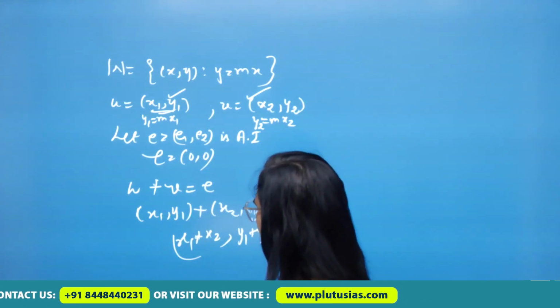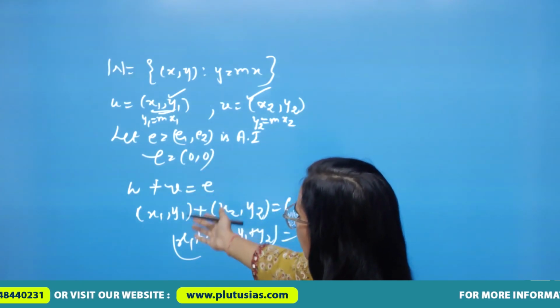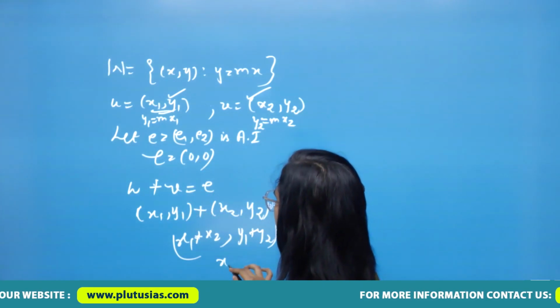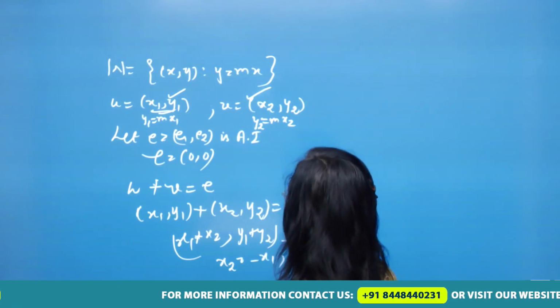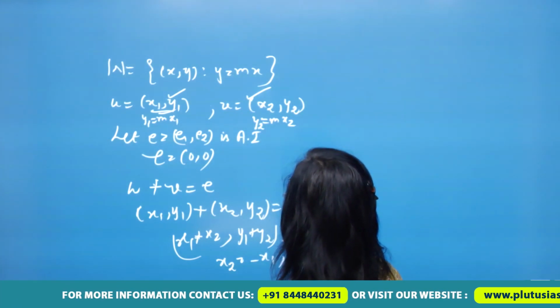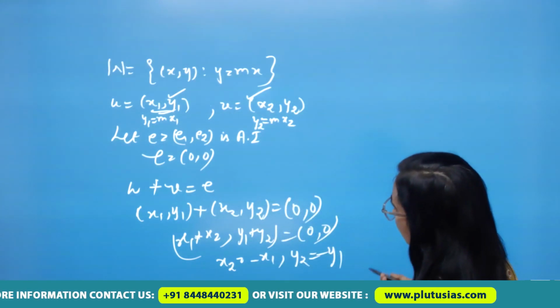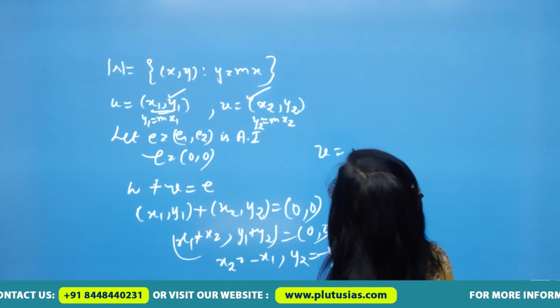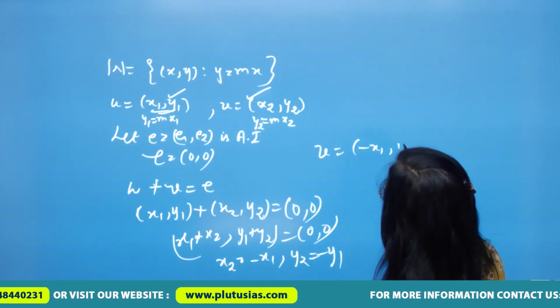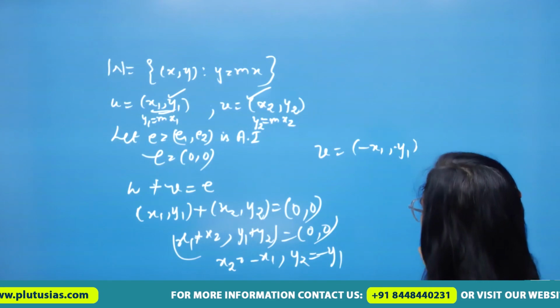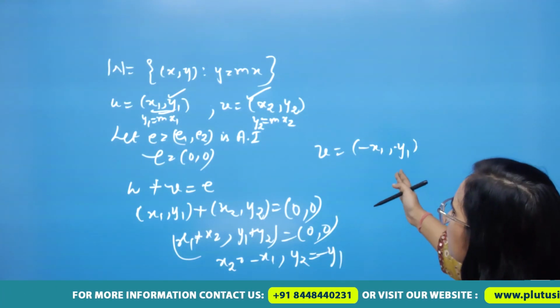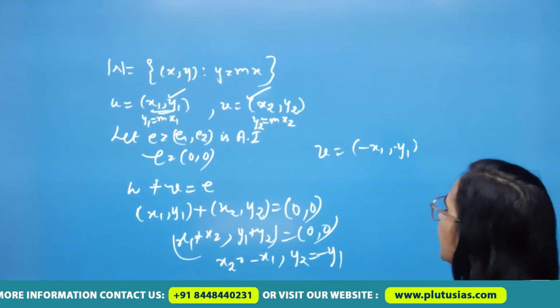If this is equal to 0, but we need to find out what is x2 and y2 in real. Then x2 turns out to be minus of x1 and y2 turns out to be minus of y1. So we got v is equal to minus of x1, minus of y1. But our job doesn't end here, because we still need to prove that v belongs to W, and for belonging